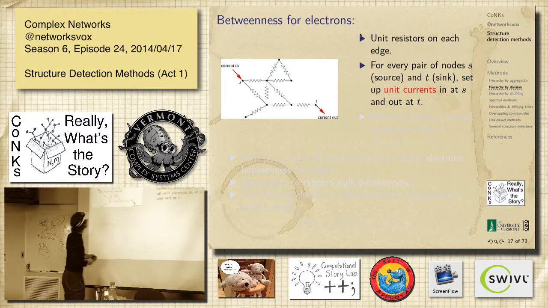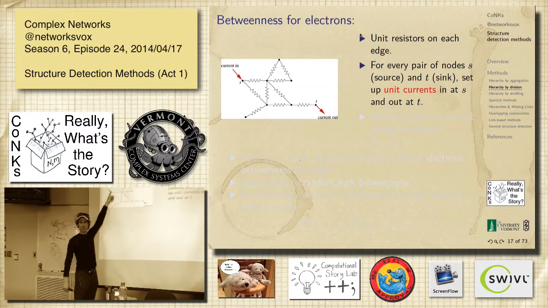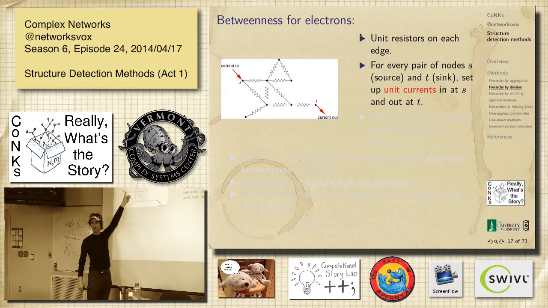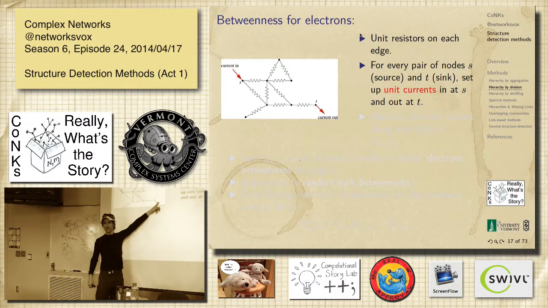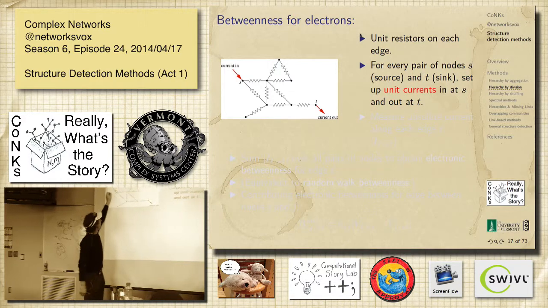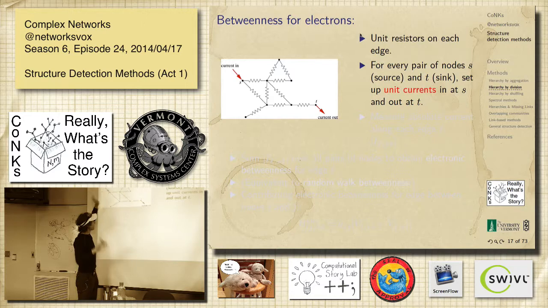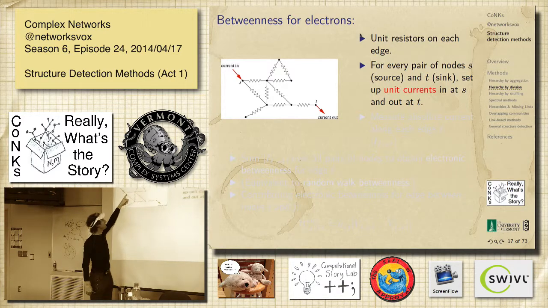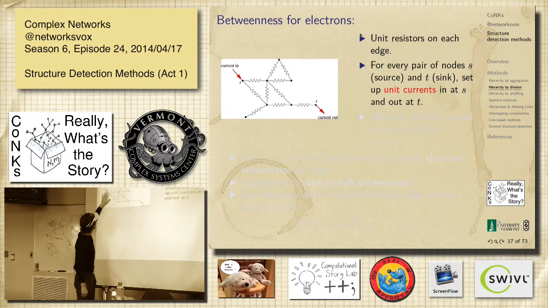Now, if we do this ridiculous thing, instead of putting beans in, we put a unit current in. So we're just pumping electrons in, and we draw it out over here, and nowhere else in the network do we do that. Then there's going to be flow in here and flow out here according to Kirchhoff's laws, right? We could flood the system with whatever. We could do all sorts of things, like mice run around. I don't know, count how many hamsters are in tubes. But we know what it is.